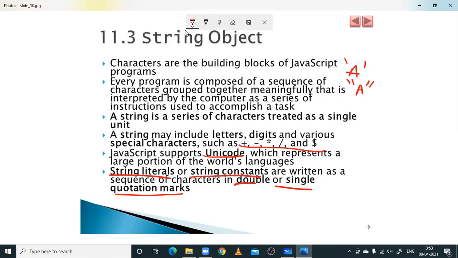Under single quotes it is called a string literal, and it is called a string under double quotation marks. Constants are also there. Okay, so coming to the next one.